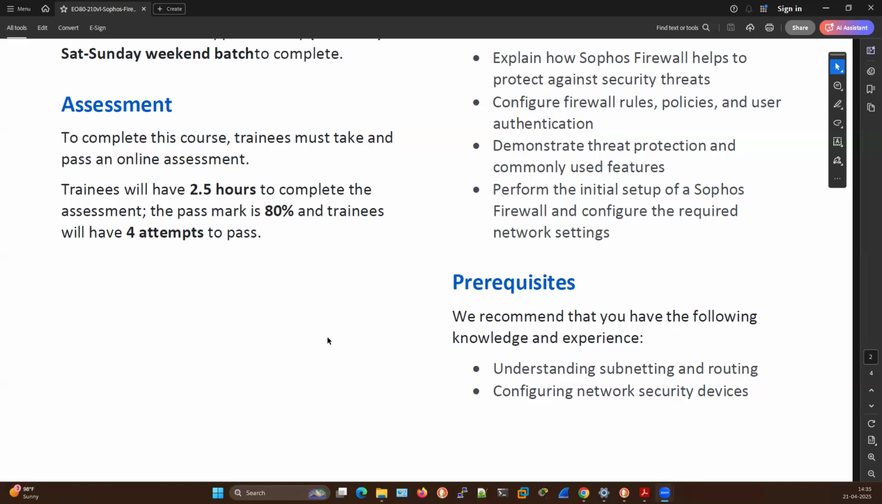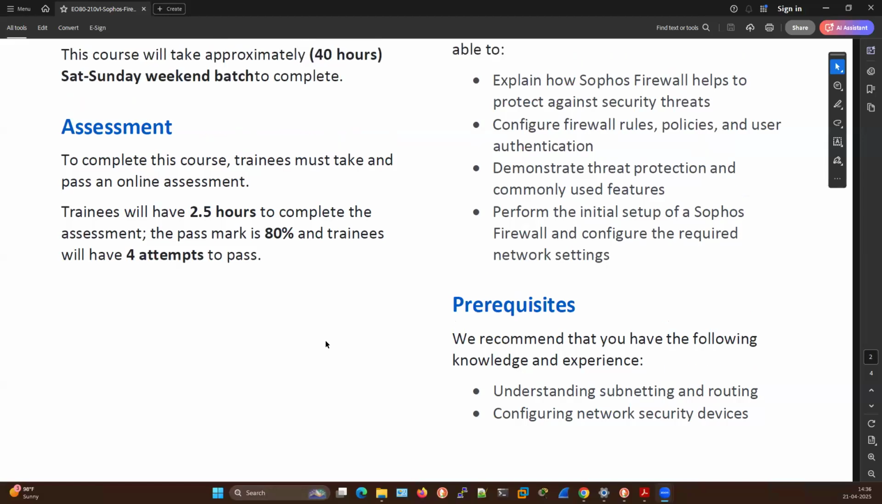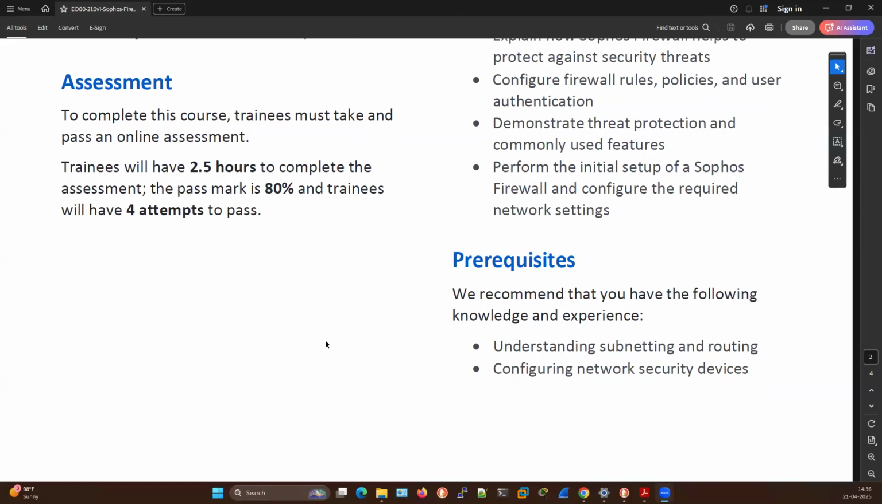So who can join this course? Yes, of course, those who have already worked with Cisco devices, or any other networking devices till now. We recommend that you should have the following knowledge and experience: a deep understanding of subnetting, switching and routing. You should know about static routes, and how to configure a static route in any type of